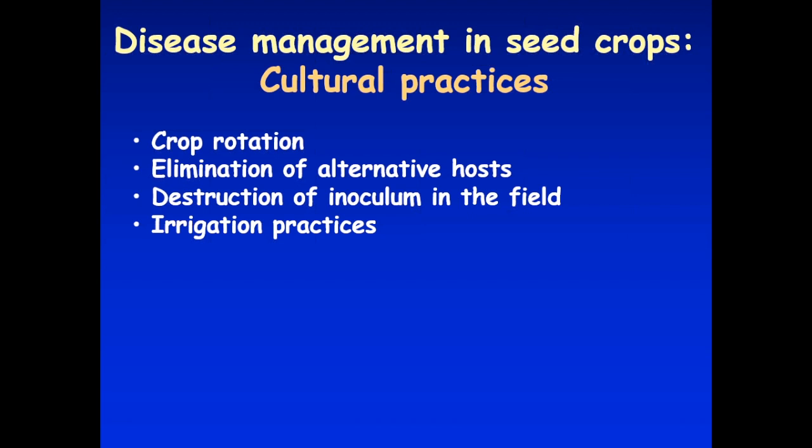Planting practices. So we'll go through a few examples of that, but simple things like, do you have an option to change the orientation of the rows in the field? Why would you want to change the orientation of the rows in the field? If you're dealing with a disease that is favored by high humidity and your canopy, often in seed crops, gets pretty dense, what happens to airflow in the canopy? It's limited, which means a longer period of high humidity, more favorable, a longer window of susceptibility. If you change your row direction, and this is not always an option, but if you do have that ability, it's remarkable how much quicker that canopy will dry out if your rows can be oriented into the primary wind direction versus perpendicular to the primary wind direction.